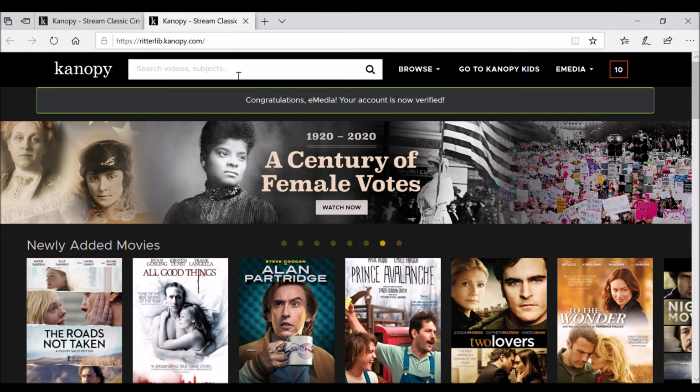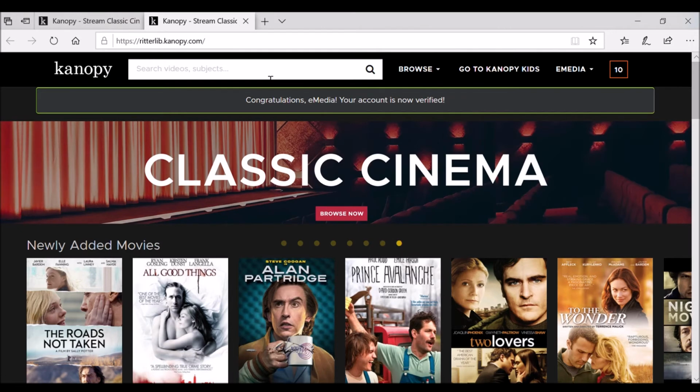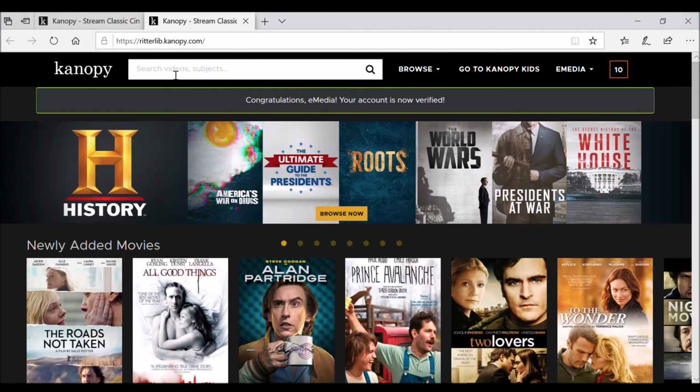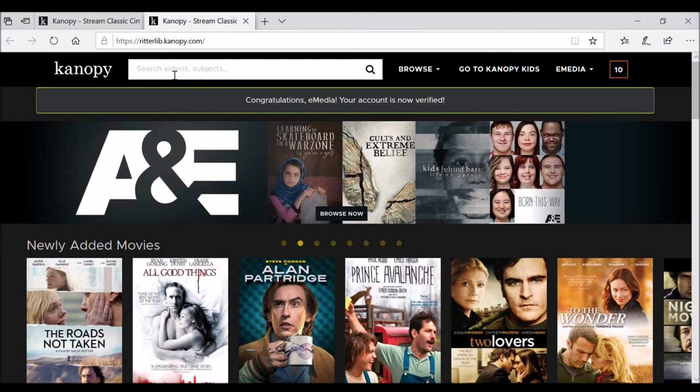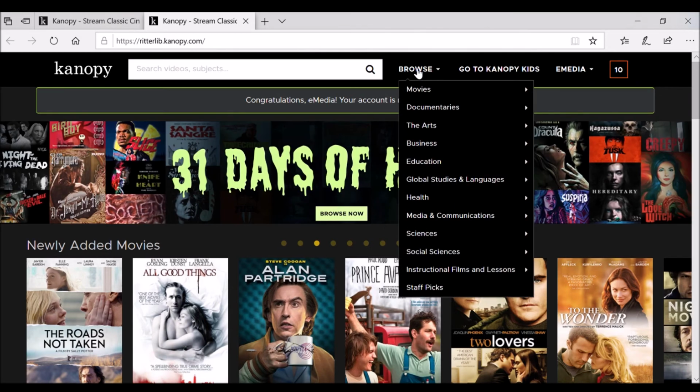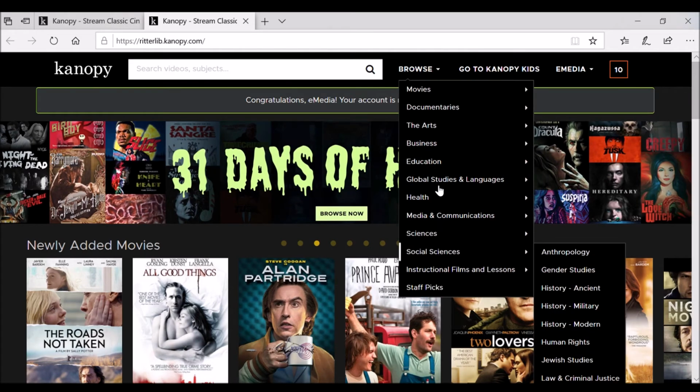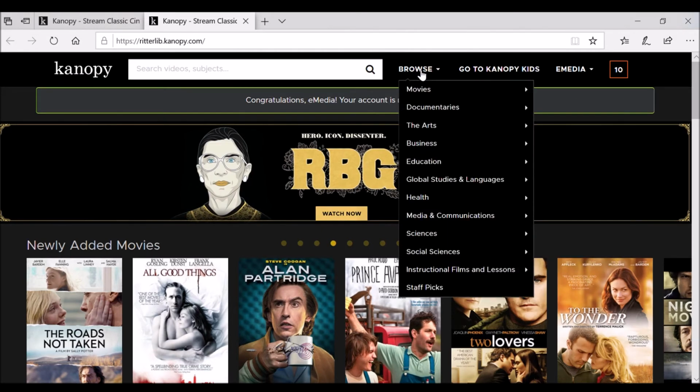There's a pretty big selection you can use, and it doesn't cost you any credits, so that's really nice. Now to start looking for something to watch, you have a couple options. You can use the traditional search bar up top. You can search by subject or title, anything like that. You can also go to Browse here, just to the right of the box, and it'll show you a bunch of categories you can choose from. I'll actually just click the Browse button here,